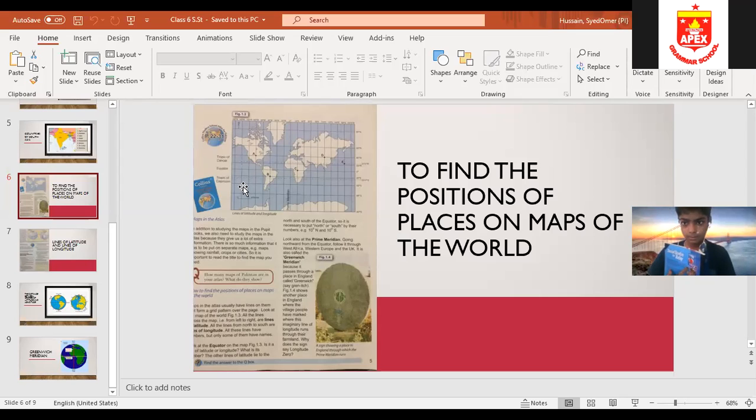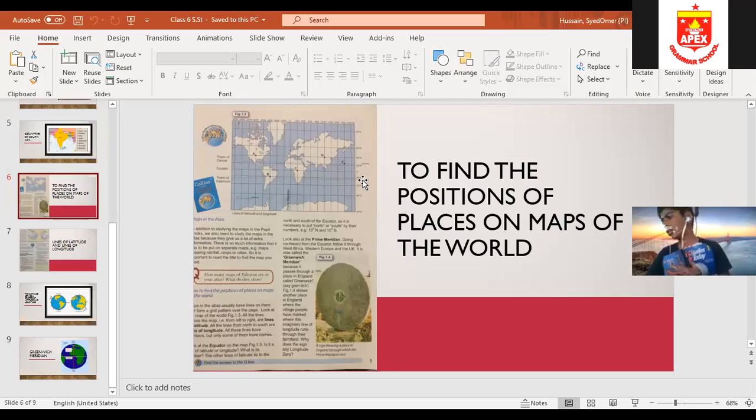So we have to look at the equator on the map, figure 1.3. Just look at the line of the equator. Is it a line of latitude or longitude? What is its number? It is at 0° and it is running in the middle of the earth. Basically it is a line of latitude because it is stretching from left to right. So what is its number?